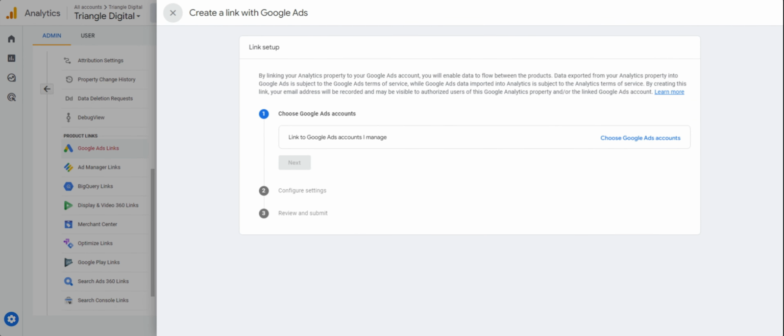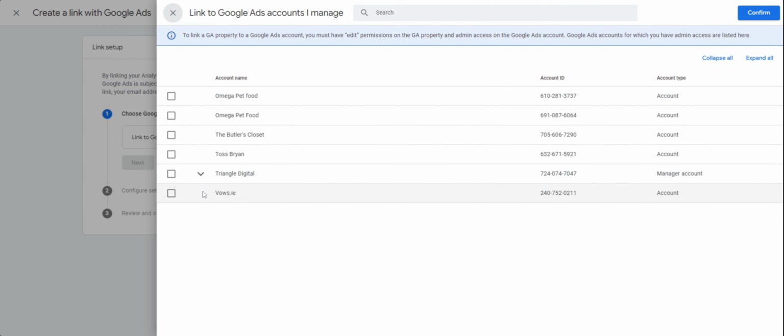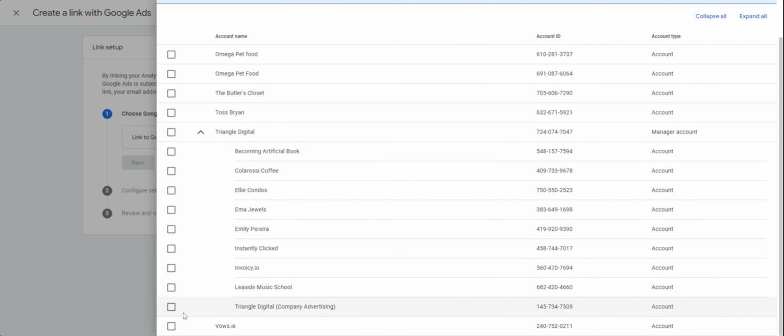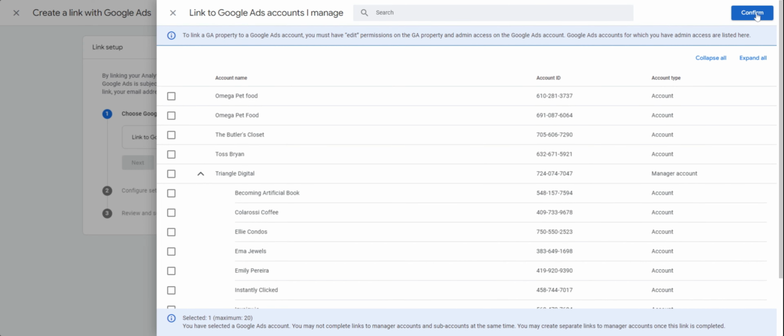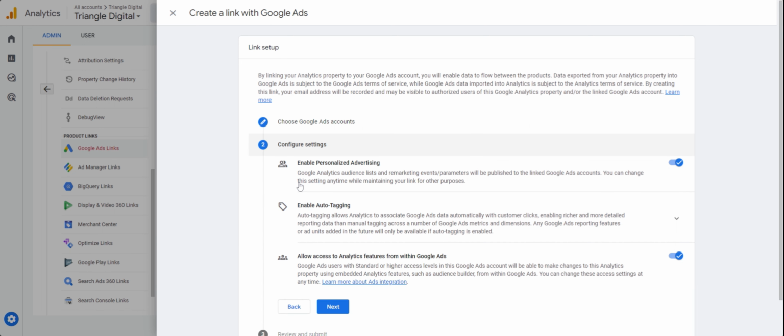Link to Google Ads accounts I manage. That's what that says here. And then we'll click on choose Google accounts. Okay, very good. So here's a list of Google accounts that have the same email address that this GA4 account has. I'm going to add this one here for the purpose of this demo. I'm going to click confirm, click next,